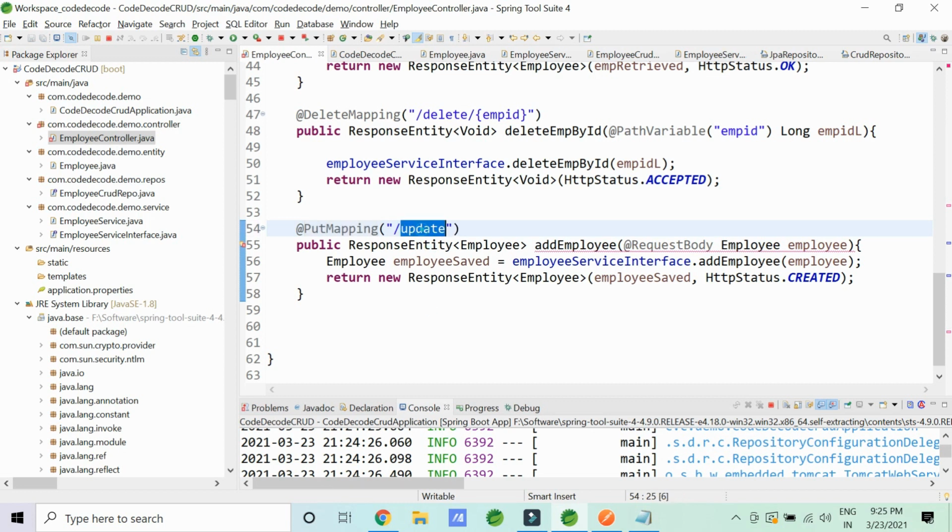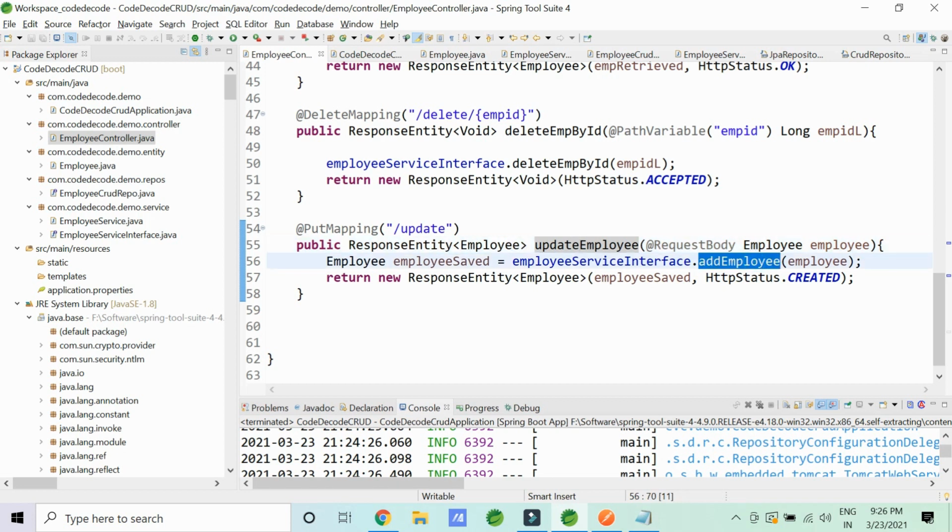or anything. This is XYZ. It is up to you. Now my method will be update employee. Rather than saving, just update my particular employee. And this is as good as the add, just with that change. Now remember one very important thing: whenever you update anything, you are actually saving it again. JPA provides you many methods: save and flush, save all. Here I'm just taking an employee object and saving it again, which will update your entity in the database.